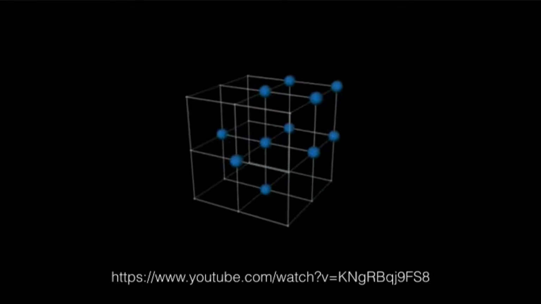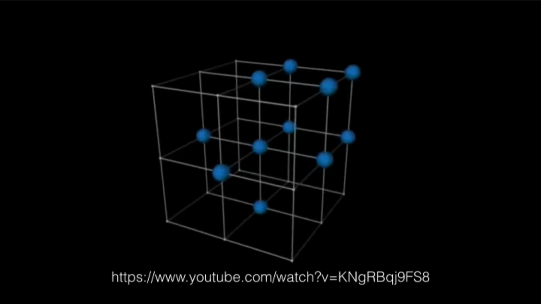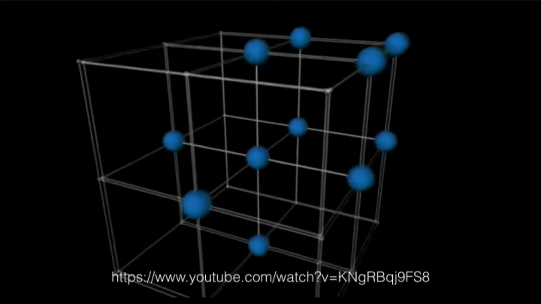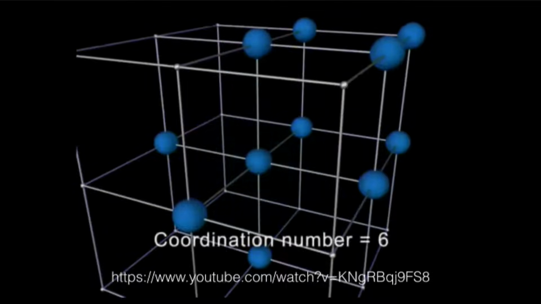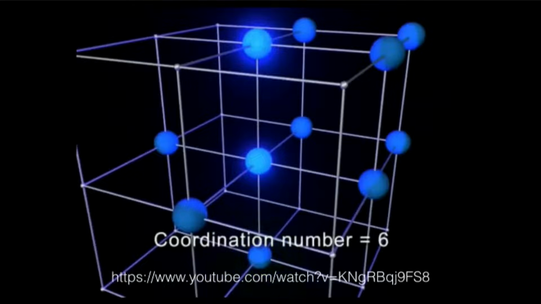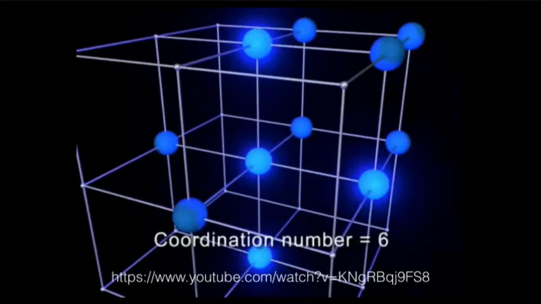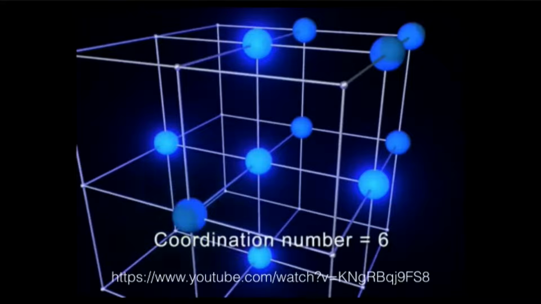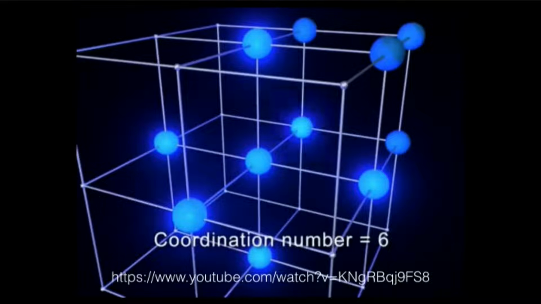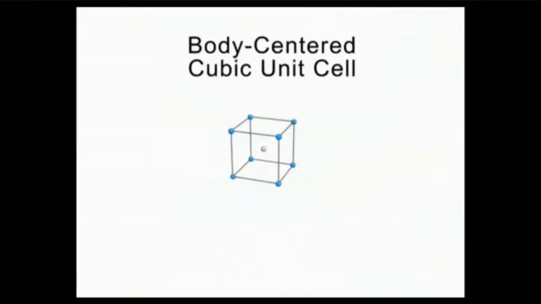A key feature of a crystal structure is its coordination number, the number of the nearest neighbors surrounding each particle. In a simple cubic array, any given particle has a neighboring particle above, below, to the right, to the left, in front, and in back of it for a total of 6 nearest neighbors. The body-centered cubic unit cell has